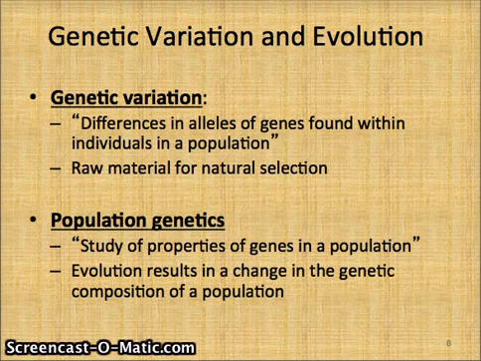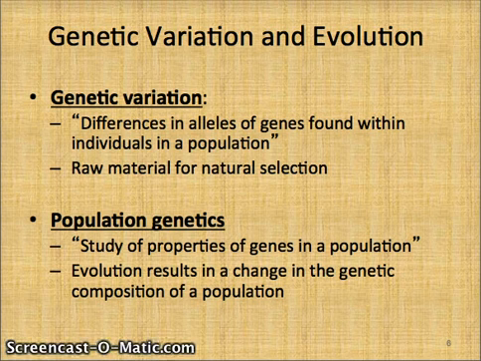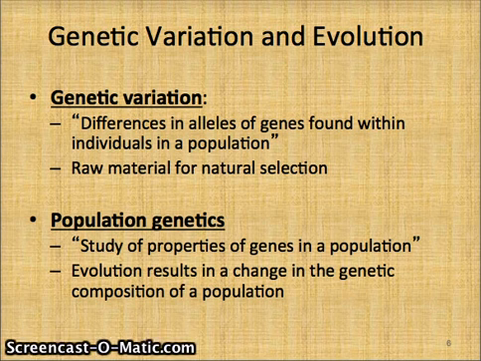Genetic variation is the key. You have to have variation in order for natural selection to happen. That's in an individual. A lot of times we're going to talk about it in terms of population genetics because the entire population is what evolves. It's not the individual that evolves because it has to happen over generations. So what you're going to do is study all the genes in a population, see how all the genes interact, and see how all the genes make your population a better fit, make them survive better.